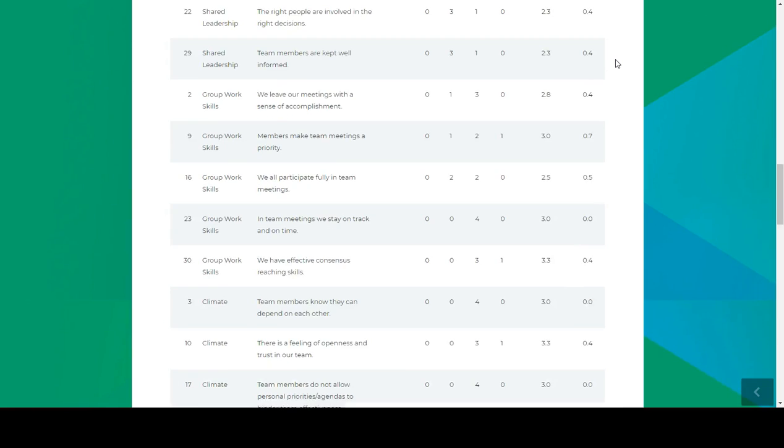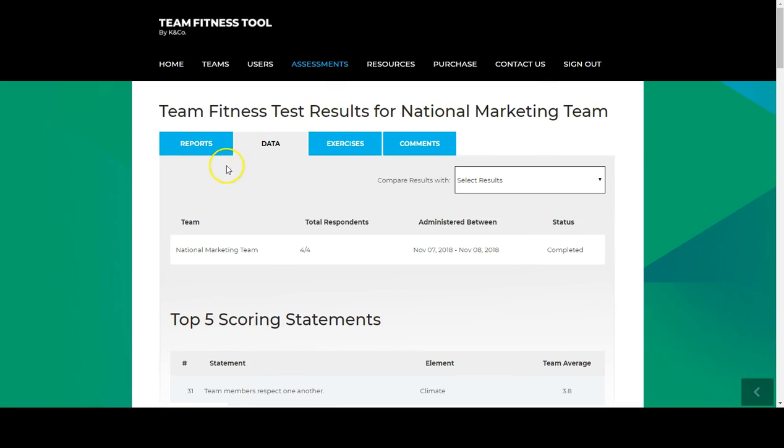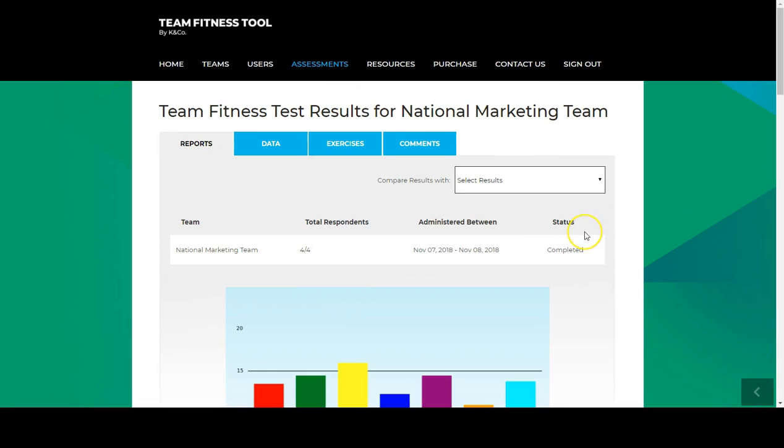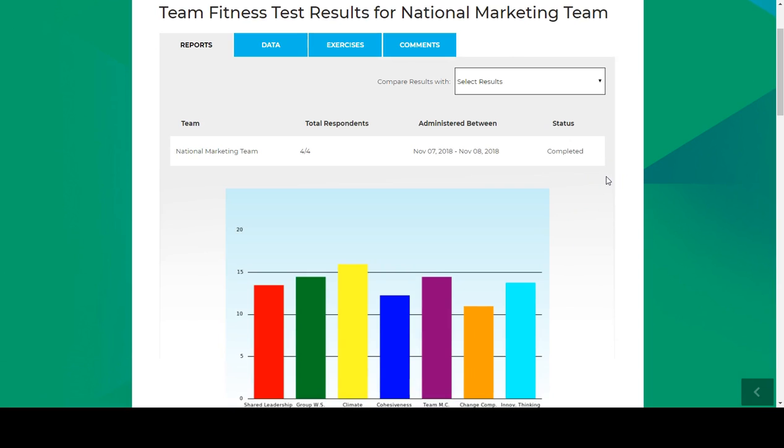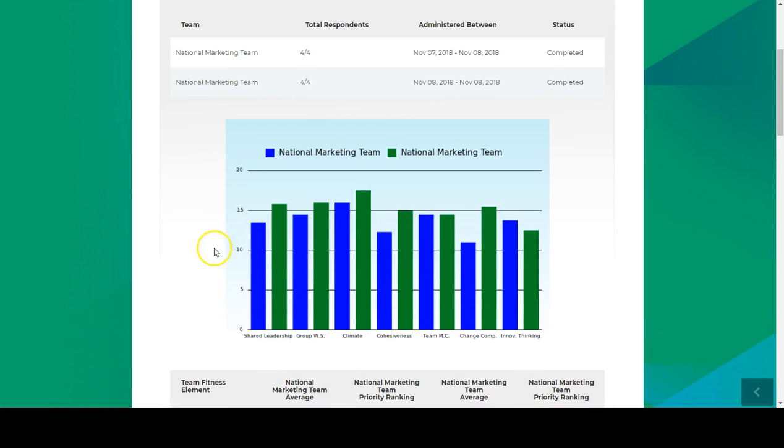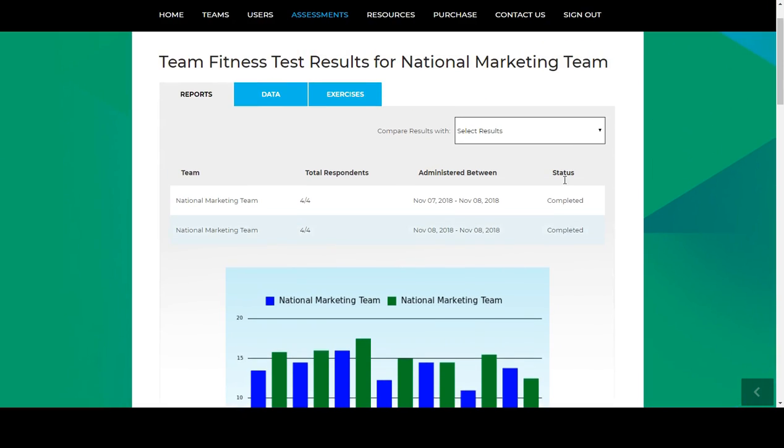Now, if we go back to the results page, the reports page, you can also track and compare your team's performance over time. So we recommend that teams assess themselves every 4 to 6 months because this really helps them maintain that accountability and momentum and focus on continuous improvement. And so in this drop-down box here, you can compare with past results. So for the national marketing team, you can see an improvement in their results